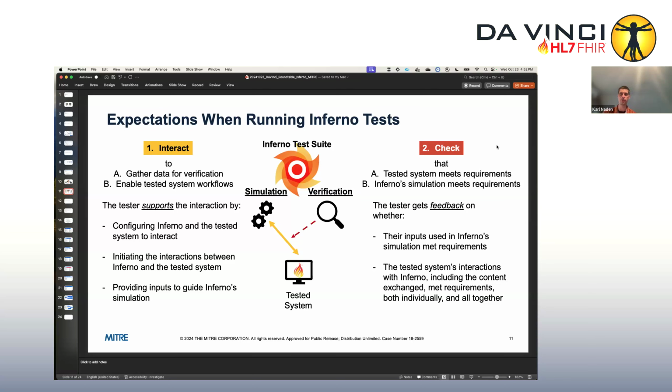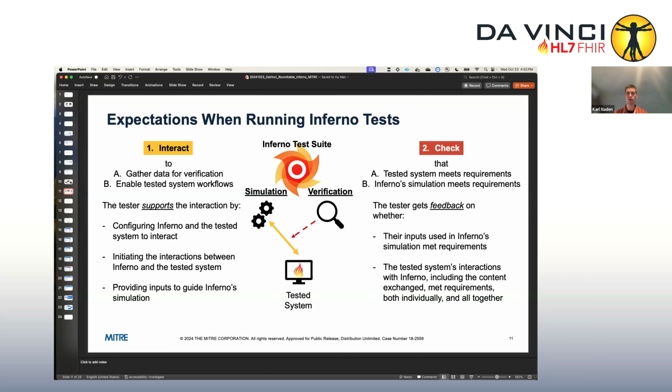So what's a concrete example of this? Well, at the Connectathon this last September, we worked with an EMR vendor to test both the CRD and DTR workflows together, and they had specific requirements for CRD cards that launched DTR, and the cards that Inferno returned didn't support that. So we needed some way to support their ability to continue the workflow beyond just